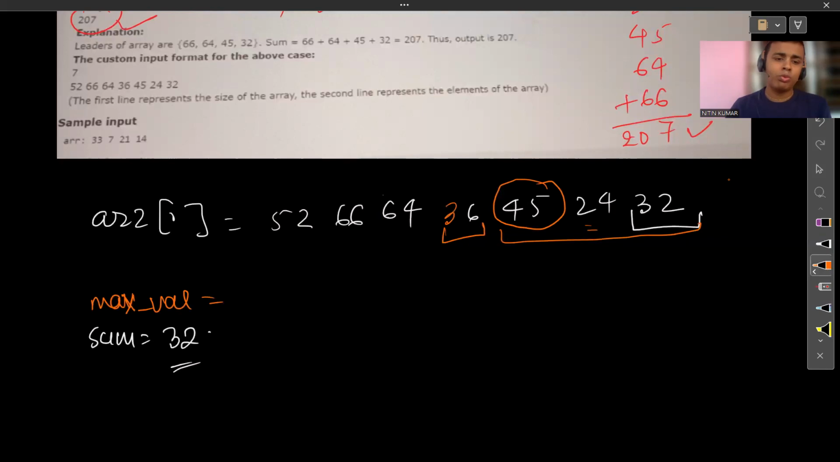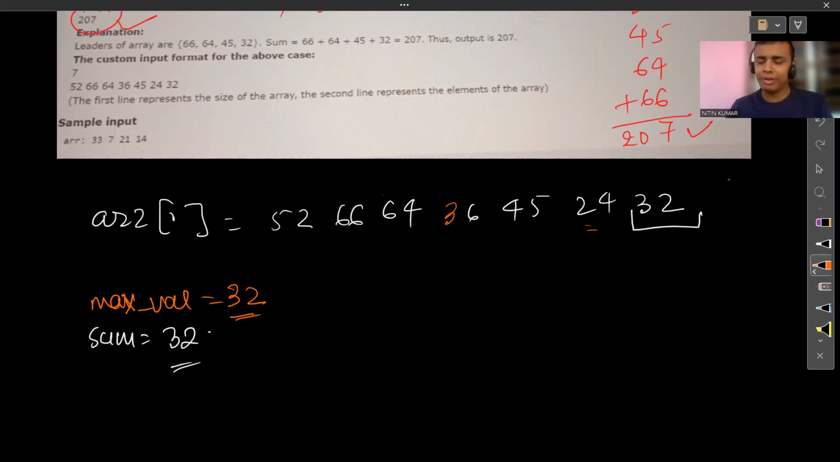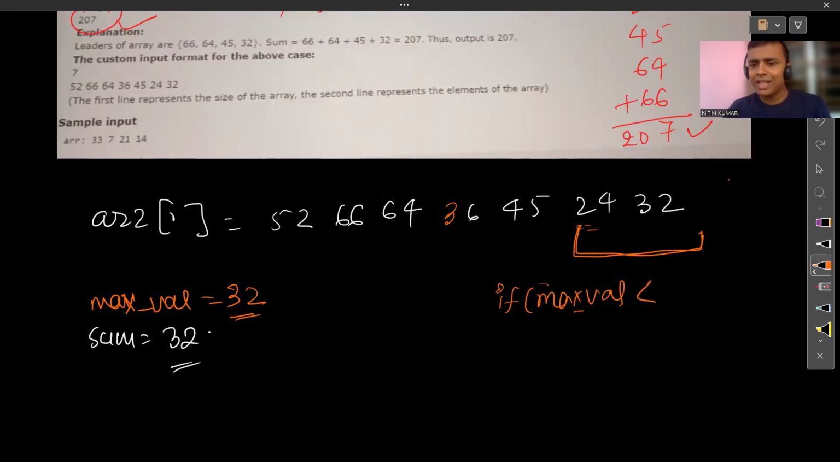So what max val will do is store the maximum element in the right range. Now initially, what will be my max val? My max val will be obviously 32, because it is a leader and it is the maximum value in this range when we are checking just this value. Now when we are checking for the next value, what we have to do is simply check whether our max val